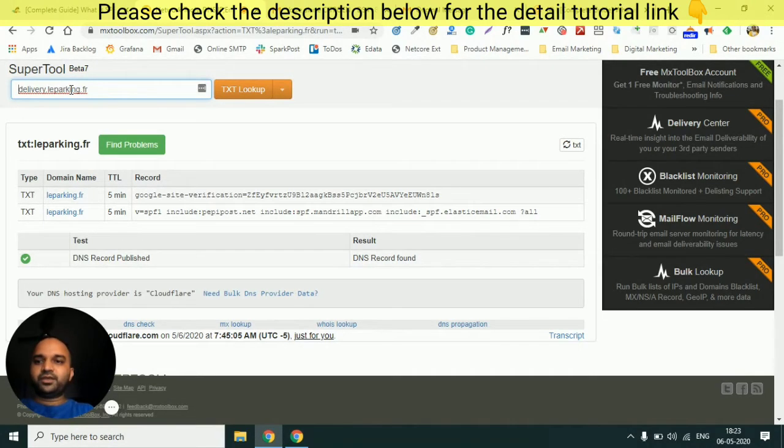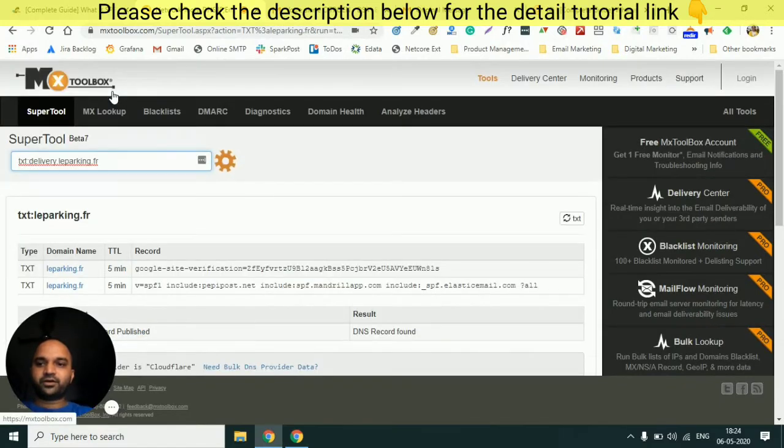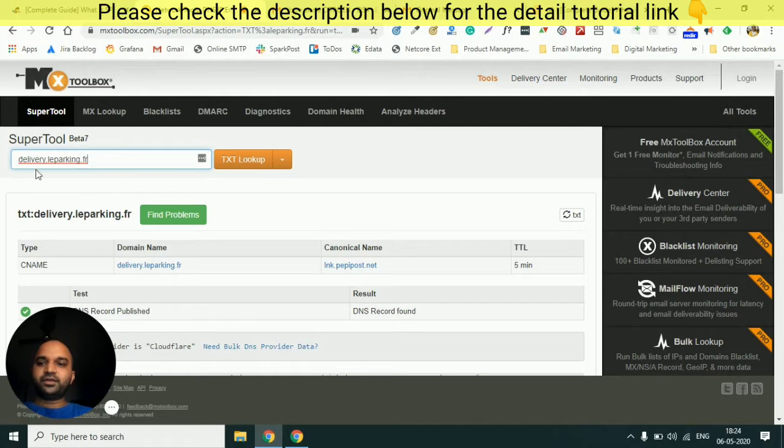If I try to see the SPF record of delivery.leeparking.fr, here you can see that when I have searched for the TXT record of delivery.leeparking.fr, it is showing that this domain is a CNAME to this particular domain. This means there is a CNAME record for delivery.leeparking.fr, which is pointing to lnk.peppypost.net.